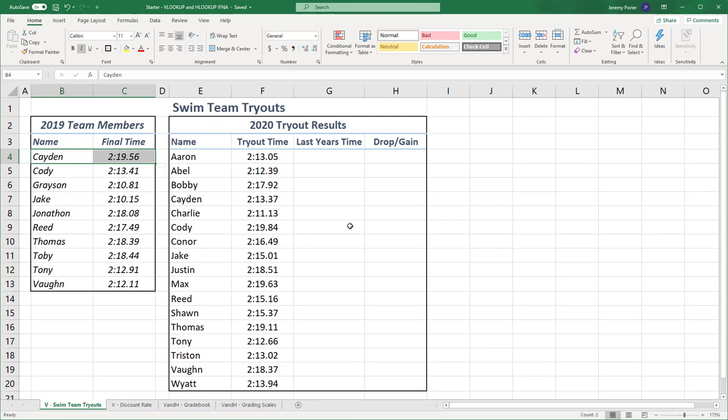while on the team. What we want to do is eventually create some sort of calculation to tell us whether our returning swimmers dropped or gained time in their tryouts. To do this, we're going to look up their time from this table over here. We're going to use the VLOOKUP function to do that. The VLOOKUP function will take a value, in our case Aaron, and it will look up that value in another area, in this case the team members from last year,